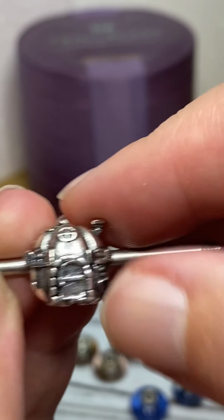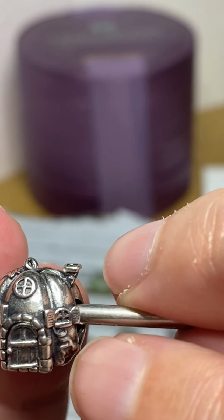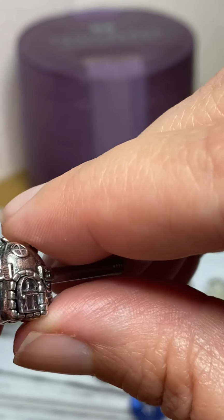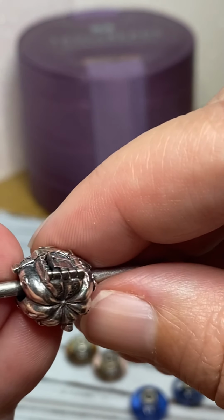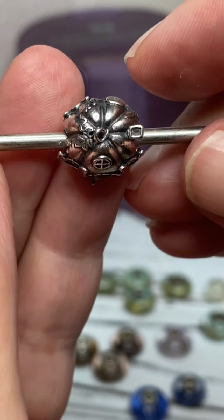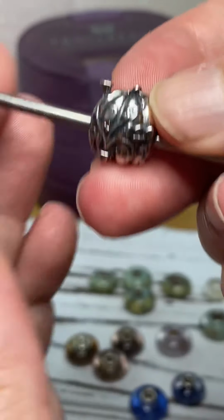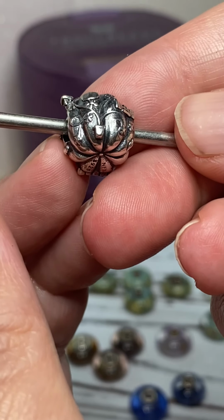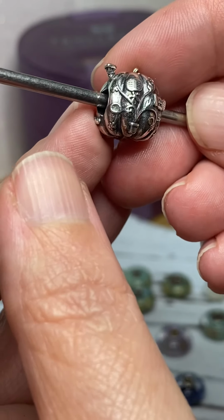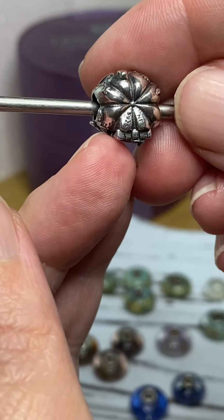closes, and it's got the little window detail right there. Of course, it's got the door and another window detail right there, along with the little shutters. Again, another window detail right there. The bottom of the pumpkin has that beautiful fluting. The top has all of those beautiful vines, the little chimney, the pumpkin leaves, and the very back detail again just has another window and more vines, almost like a flower or something growing up the back. But from the top of this charm to the bottom, it is just